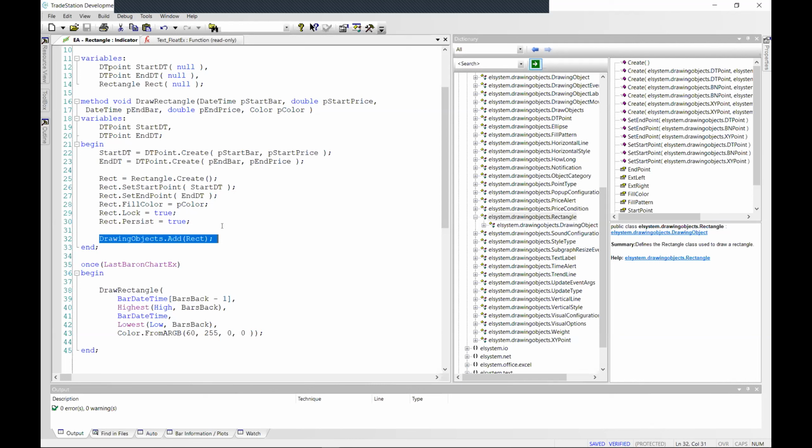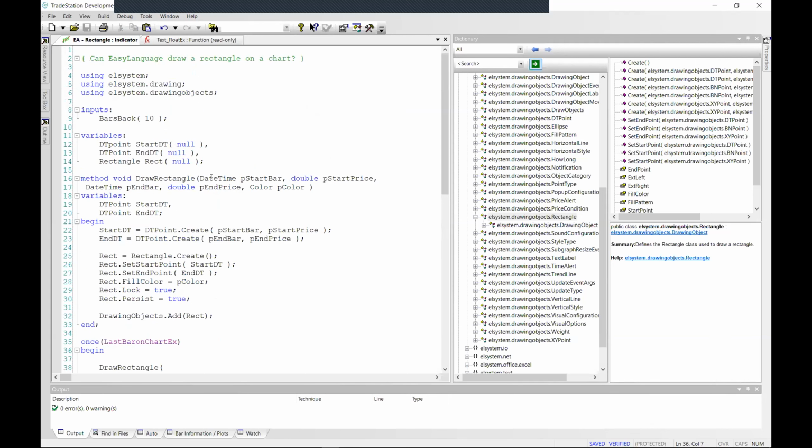When we add it to this collection of drawing objects, it appears on the chart.